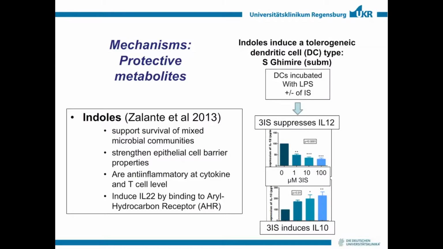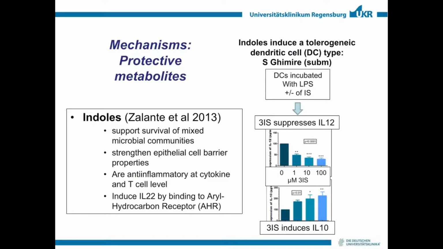IL-12 goes down at the cytokine level, at the RNA level, and on the other hand, IL-10 goes up, and we saw similar effects for CD80 and CD86. And when we used this indoxyl sulfate incubated dendritic cells in mixed lymphocyte cultures, there was much less interferon gamma production, and even in some cultures a rise of regulatory T cells. So this is a clear example how commensal bacteria try to tolerize the human immune system in order to live